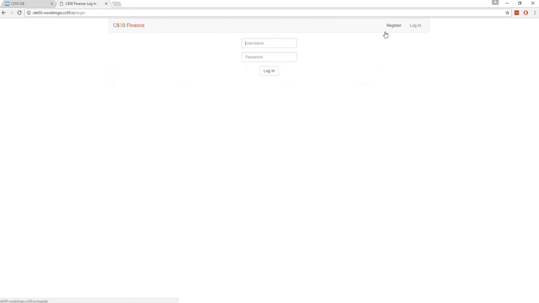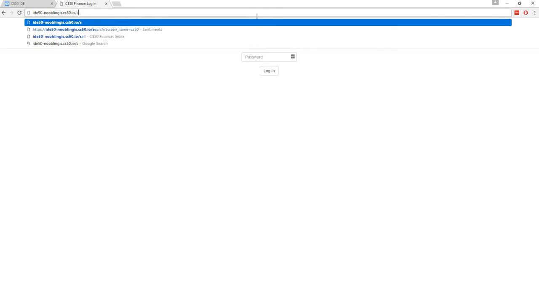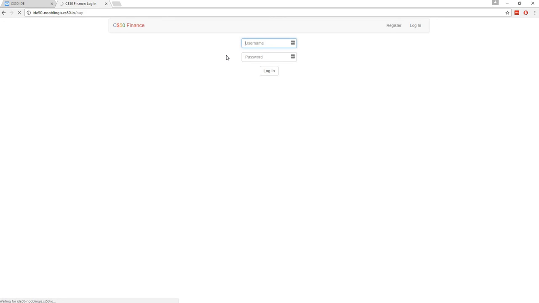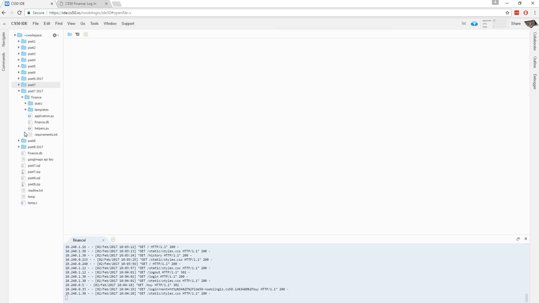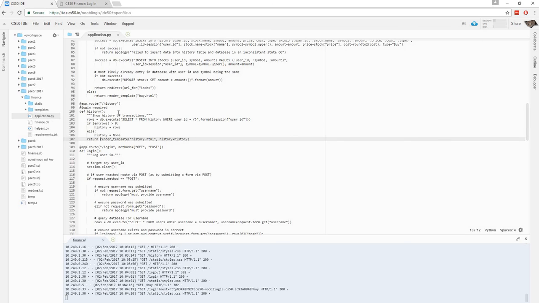Can log out. There we go. If you want to try and be clever here, say we remember the index, and we want to access it without being logged in. You can see it stops us from doing that and just returns us back to this login page. And the reason why that happens, we can look at the source code, application.py. It's a pretty long program,